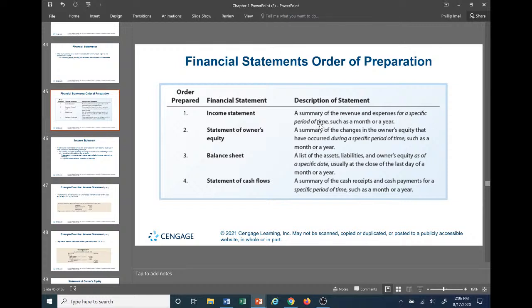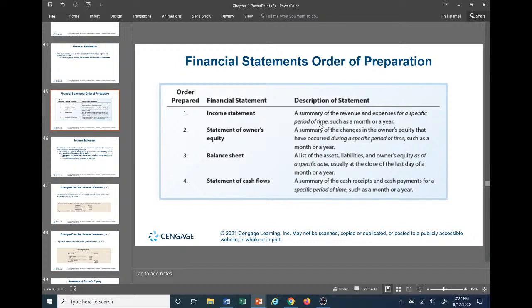That's how you evaluate the performance of a company. You have to look at it for a period of time. It's done in months or quarters, for example, January, February, March, first quarter, April, May, June, second quarter, and so forth. And then obviously the annual fiscal period is 12 months.